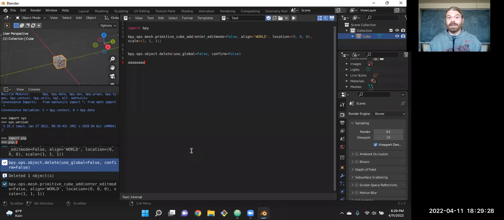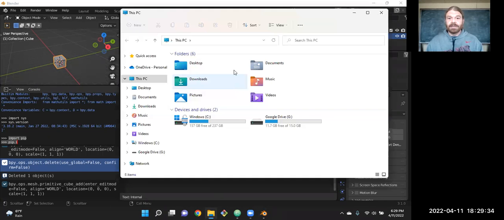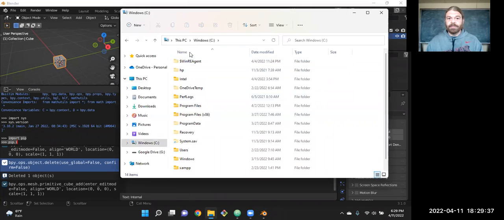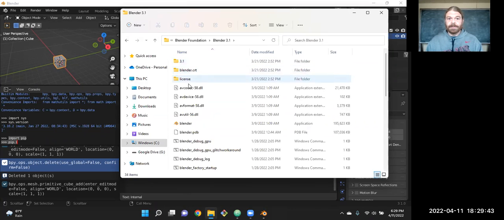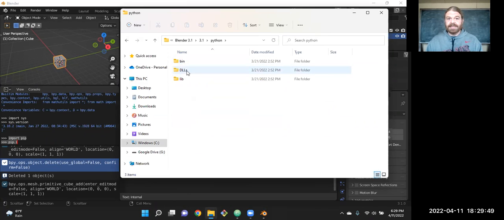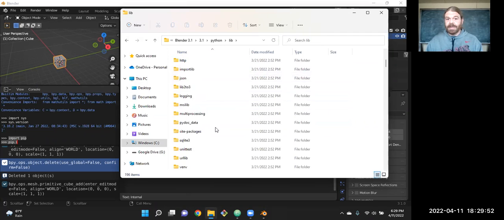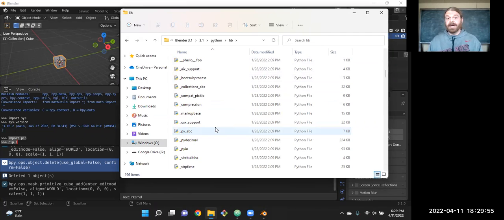If you have some other libraries you want to use, you'd want to copy and paste them into where Blender is installed. So instead of automating the process, you'll just go to the Blender install, which I think is under Program Files. And under 3.1, you'll see an installation of Python. So here's where all the libraries are. Whenever you use pip or Anaconda, really that's just a fancy copy and paste. It has the ability to search through and make sure you don't have it already and stuff. But if you have another library you want to use, you can just copy and paste it into this folder and then you can use it.